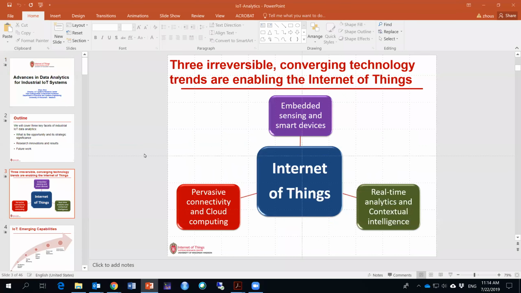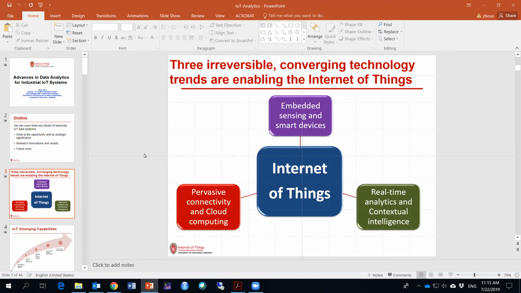into our device, into our product. And the second trend is the pervasive connectivity and the development in the communication technology. So right now, the communication costs are getting very low. We can send our data to the centralized cloud and do a centralized processing. So these two technological trends provide great infrastructure for IoT technology.